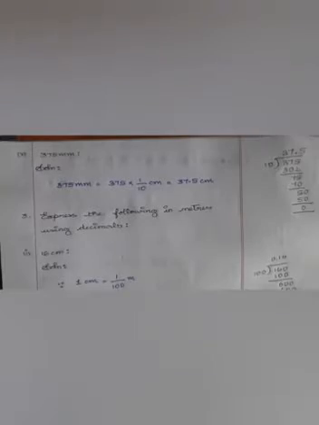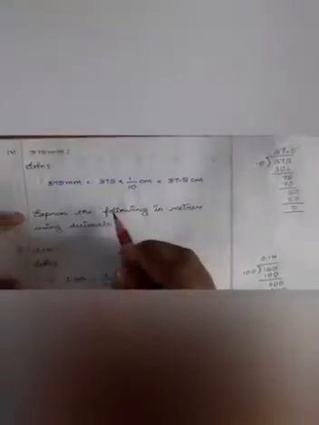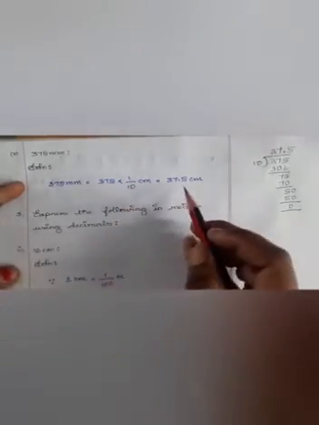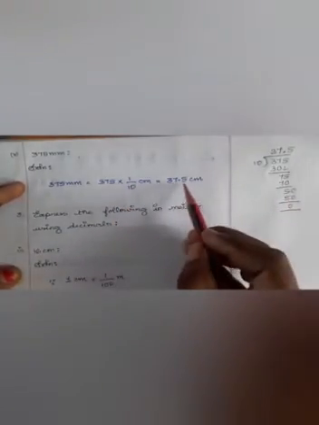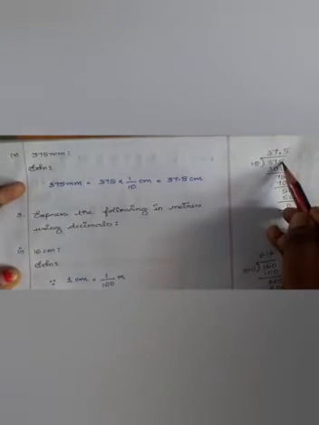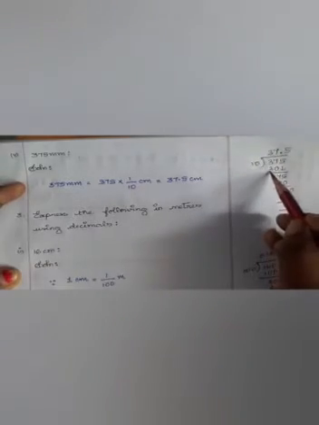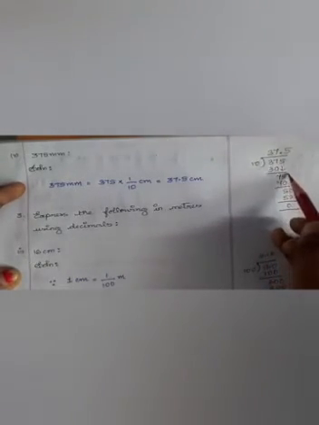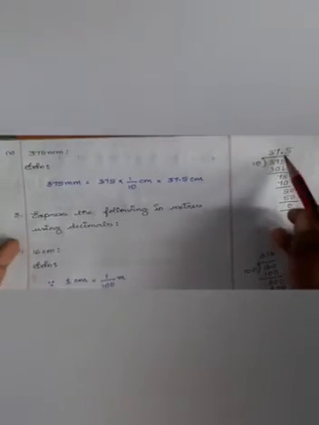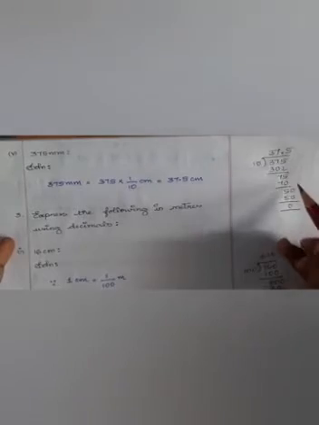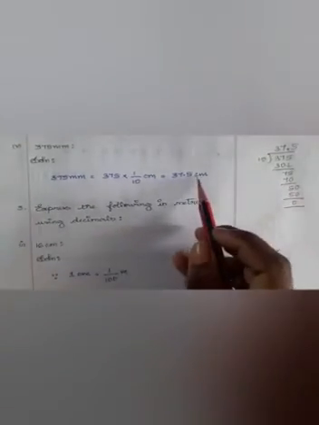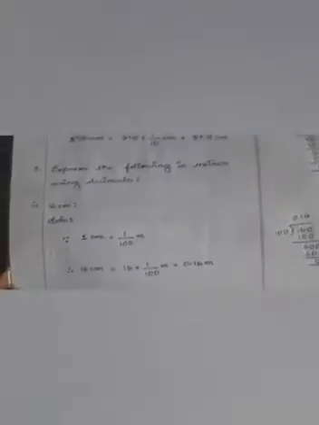Clear? Yes. Now fifth one, 375 millimeter. So 375 into 1 by 10 centimeter is equal to, when you divide, you get 37.5, because now we have 375, isn't it? 3 tens are 30, remainder 7, again we took 5, 7 tens are 70, remainder 5. But after 5 we don't have any number, right? Therefore put one decimal point and put one 0 here. So 5 tens are 50, therefore the answer is 37.5 centimeter.